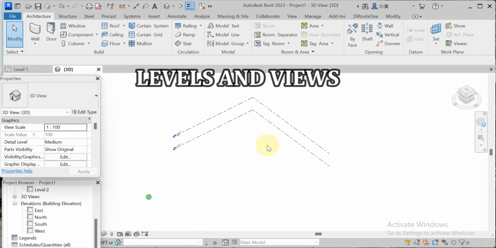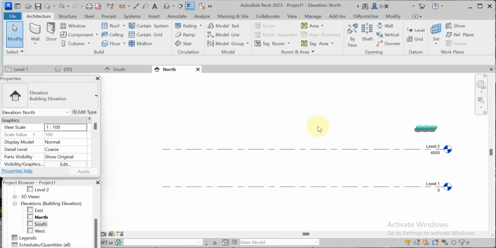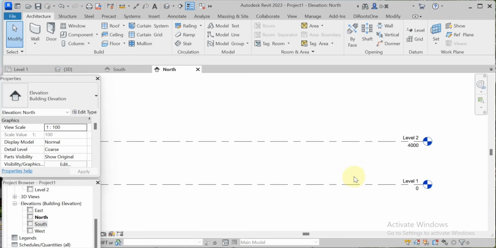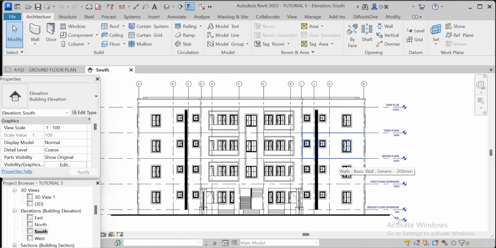Step 4. Levels and views. Here is something that makes Revit different. Let's open one of the elevations. These are the levels. Levels are like floors in a building. For example, if you are modeling a bungalow, the first level should be the natural ground level. Then you have the DPC level, you have the roof level. If you are creating a multi-story building, you have other levels like the first floor, the second floor, and so